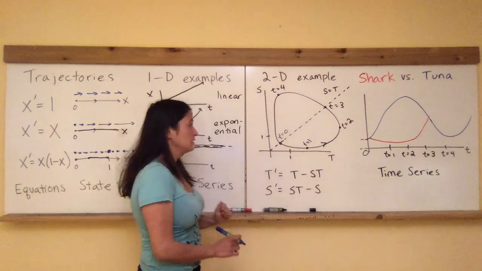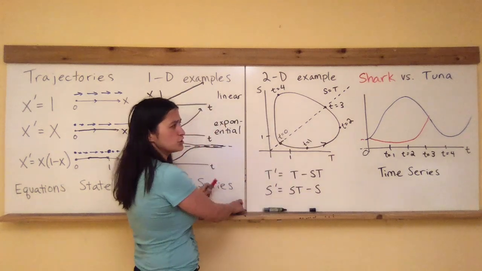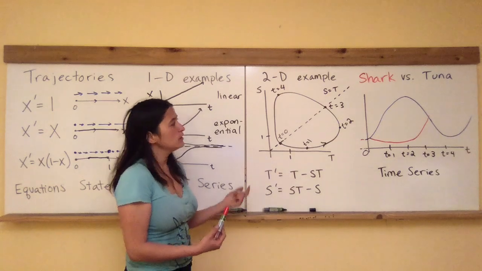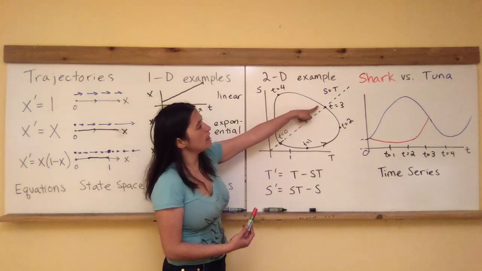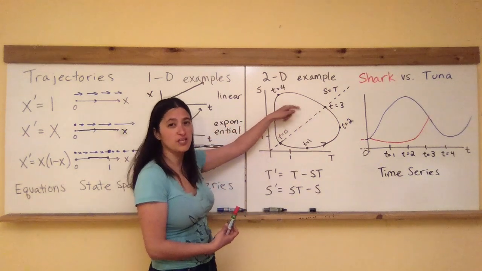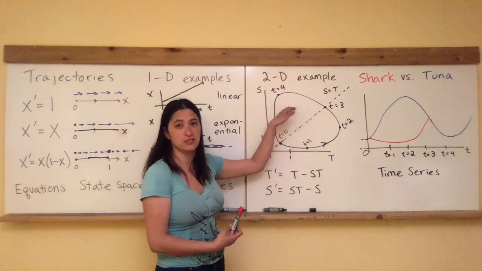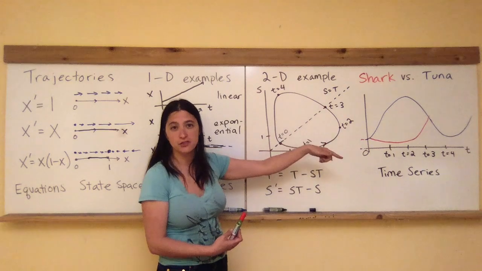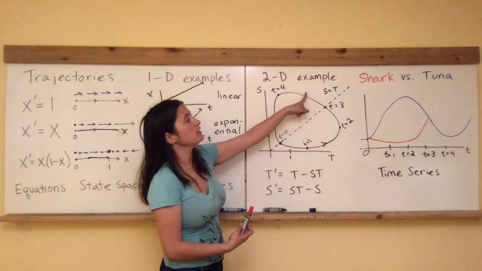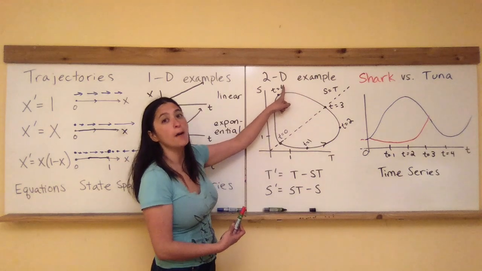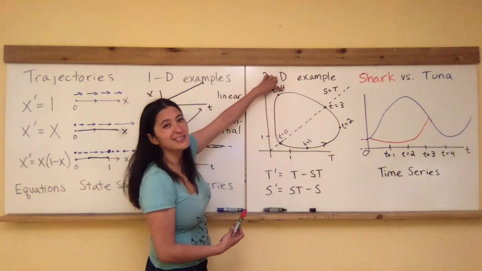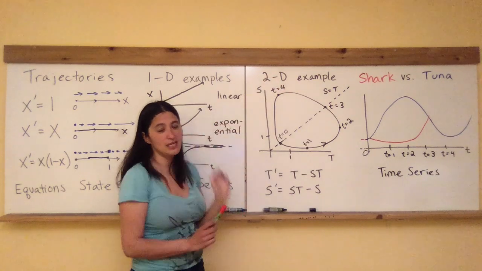Okay, what happens to the sharks as we go from t is equal to 3 to t is equal to 4? As I travel over here, we can see that the horizontal component is getting smaller and smaller. It's going to the left. That's why the blue line, the tuna, is going down. But the vertical component is still going up, and it hits its peak right around here, and then a little bit past its peak is where I put the timestamp